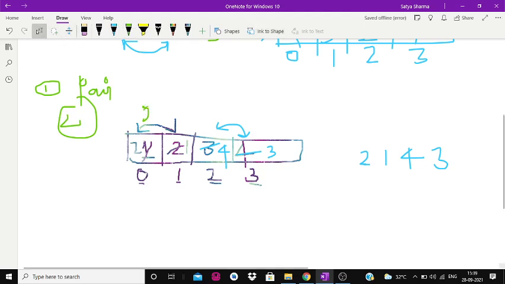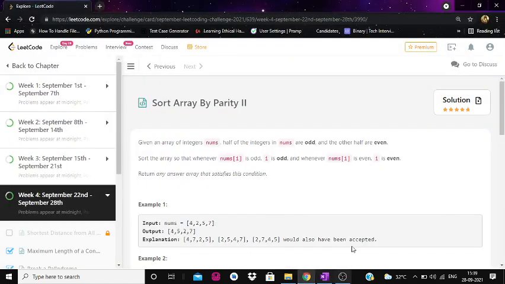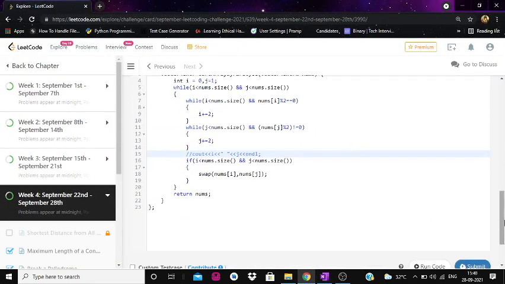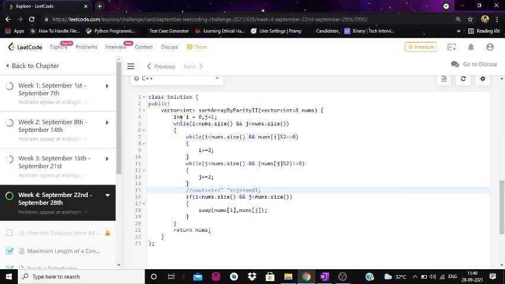And now we'll see how to actually code it. I have actually written the code here. So you can take a pointer at an even index starting from 0, and one at an odd index starting from 1. So i at 0, j at 1. And then we'll check until the condition that we have even numbers at even locations.